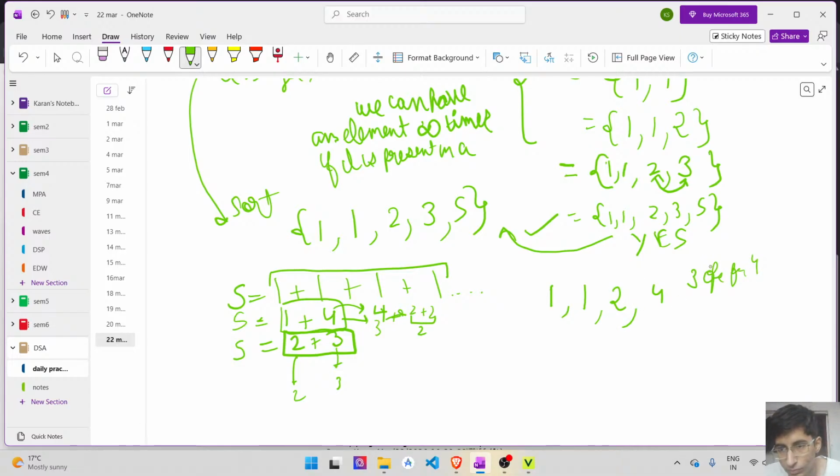Minimum 3 operations. 5 will have minimum 3 operations for 4,